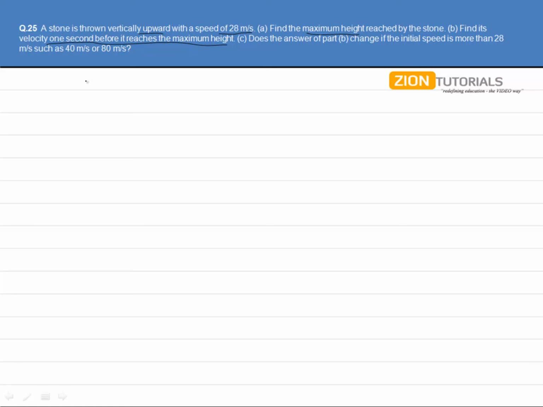So, let us first mark the initial information they have given, which is the initial velocity u, which is 28. Let us take the upward direction as the positive direction. So u is plus 28, acceleration being minus 10, final velocity being 0, and we need to find the displacement s. So employing the third equation of motion, we can write